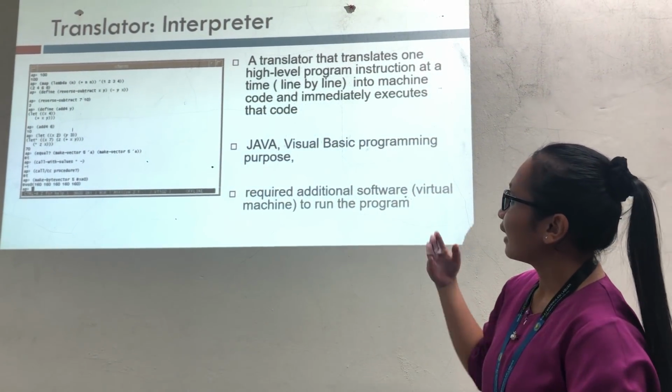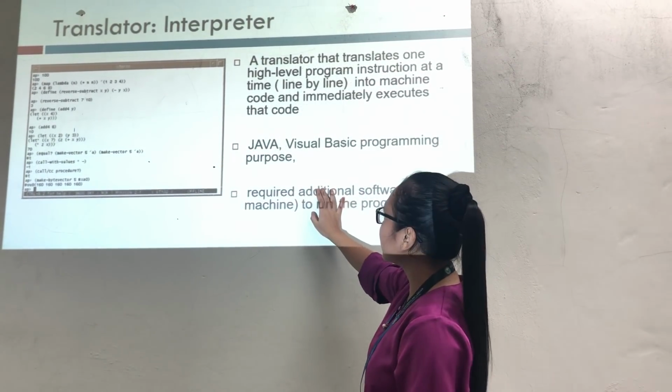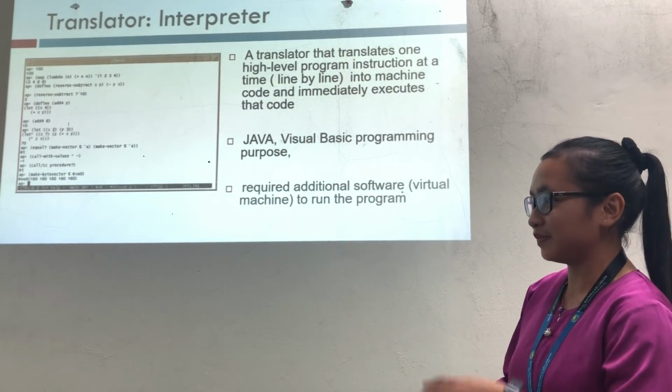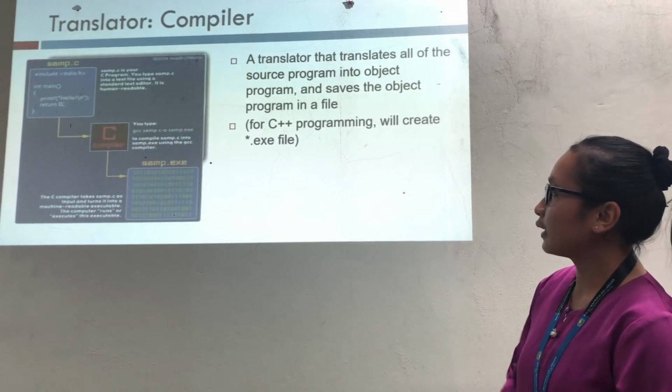So I have explained the interpreter just now, and this is the example of interpreter, Java, that we will learn later. Next. Example of compiler is C++